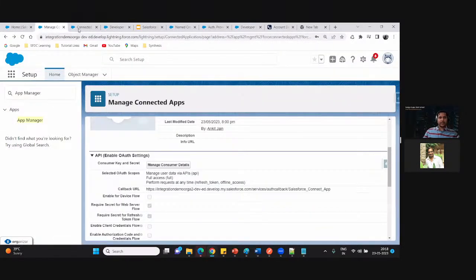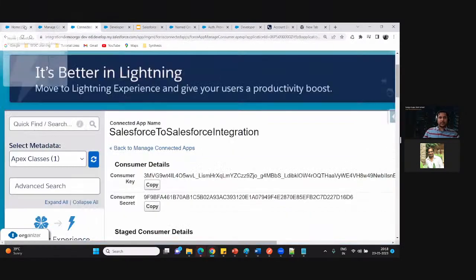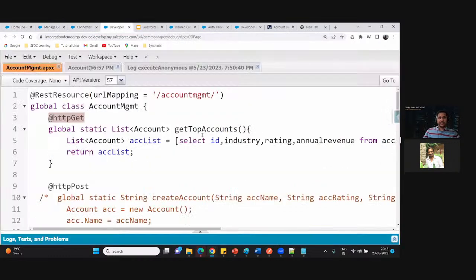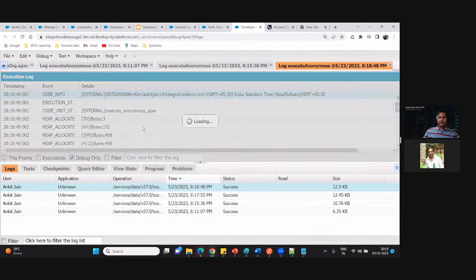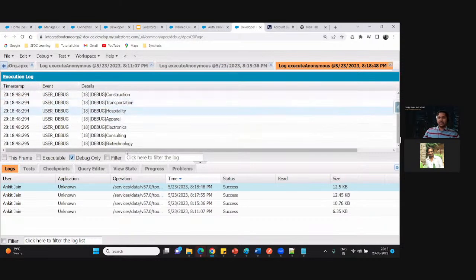I believe here we are not sending the account name. Yeah, you can see here, as we are not sending the account name, that's why we are not getting it. In case you want to access the account name, add one additional parameter in the query, that is the account name, so that whenever the third party system is making the call, they can also access the account name. But for the time being, I'm just accessing the industry. You can see here all these industries value.